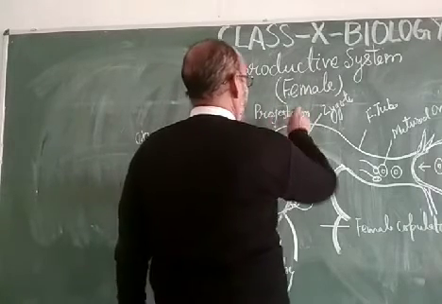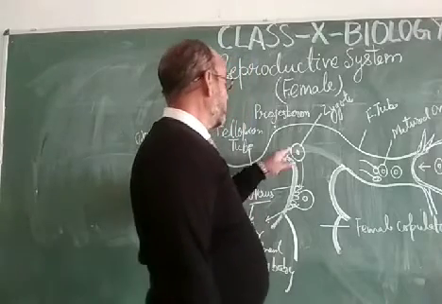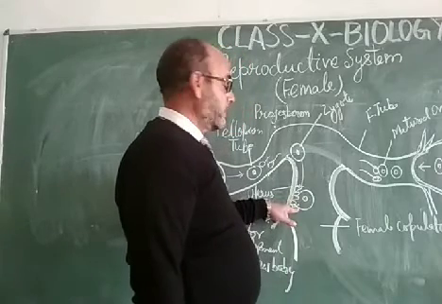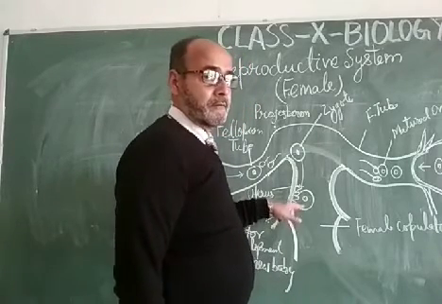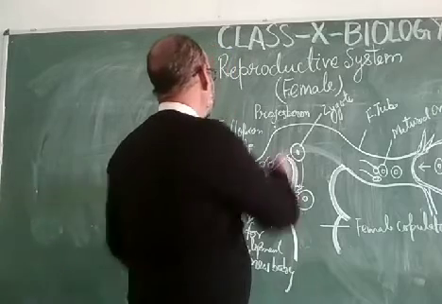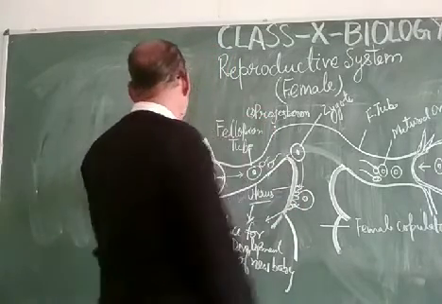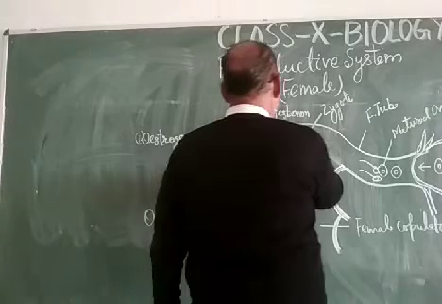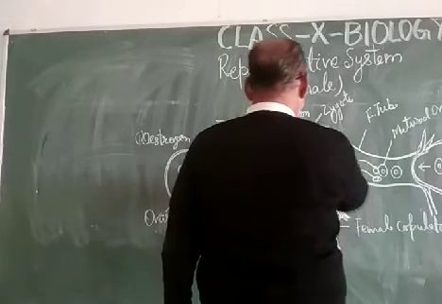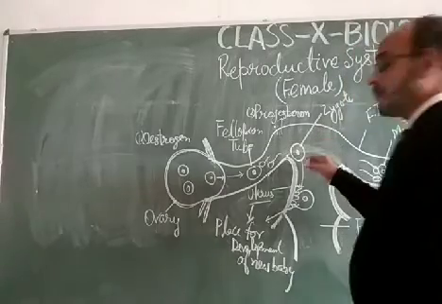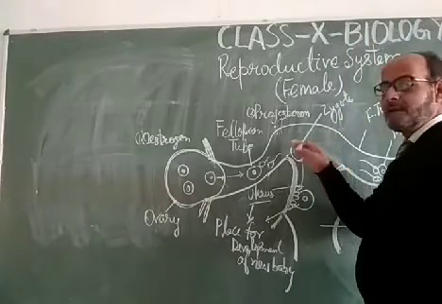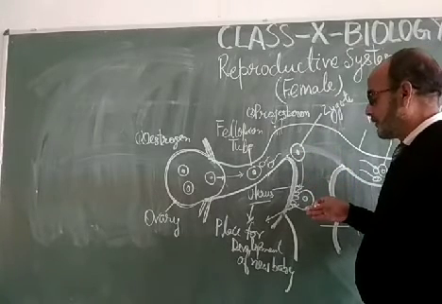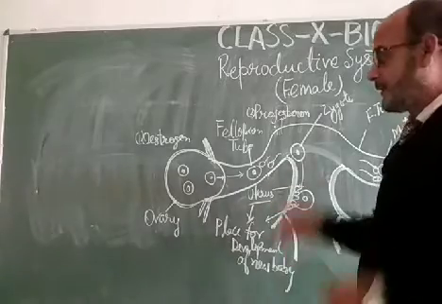And this progesterone helps in the nutrition of this newly formed zygote as well as the implanted zygote in the uterus till the formation of the placenta. So these two hormones are there. One is for initiation of oogenesis in the ovary, and another is secreted by the fallopian tube, and it comes into the system so that the food material gets synthesized over here for the nourishment of the newly formed zygote and implanted zygote till the formation of the placenta.